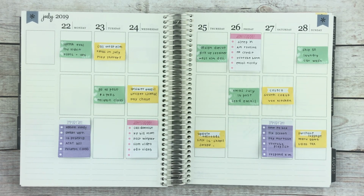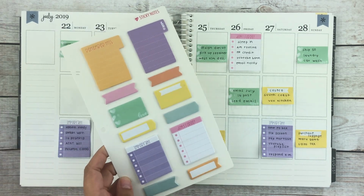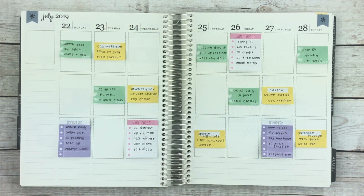I had bought these at Michael's around, they look like this. They're from the Christian Designs line. I think they were like $5 or something like that. Plus I was able to use a coupon, so it was really good. Anyway, so I write down my to-do list and then keep it organized throughout the week so I sort of know what I want to do. And then